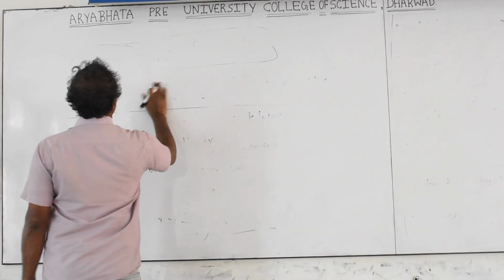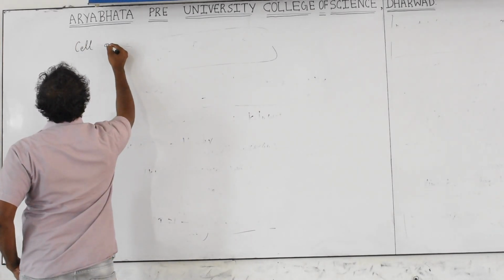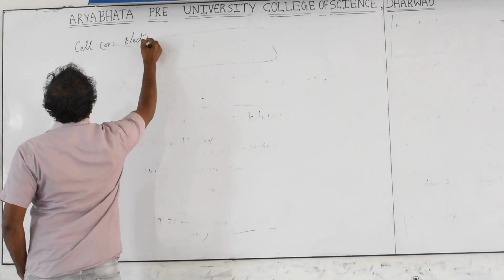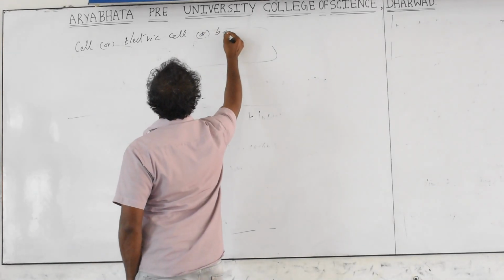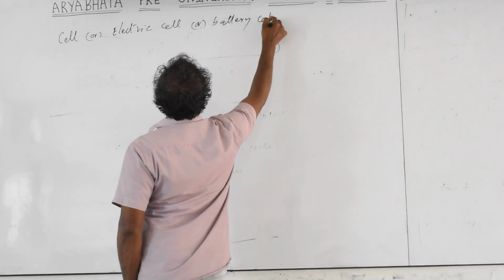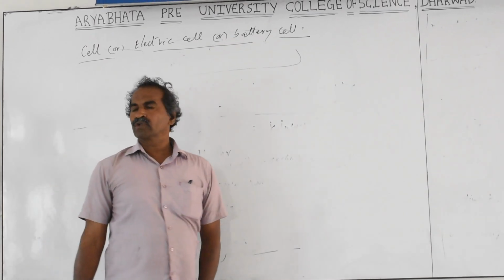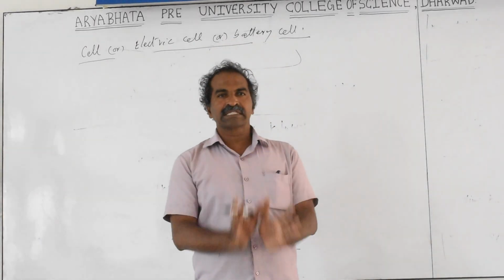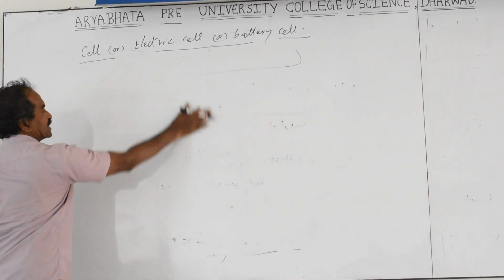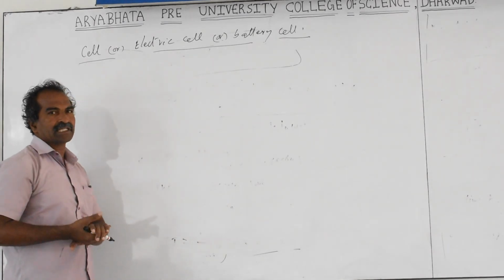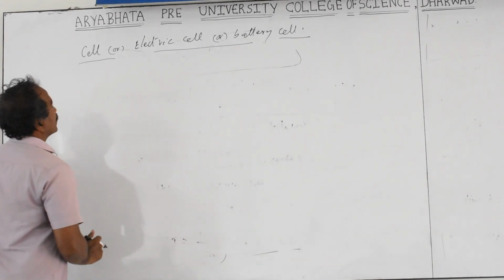Next is the electric cell or assembly cell. Cell, or electric cell, is also called a battery cell. Cell means enclosed, closed from all sides. Any room can be called a cell. We are discussing electrical charges here, not the biological cells and other cells. Even a jail is called a cell. Cell is different from SAL. So, electric cell or battery cell.